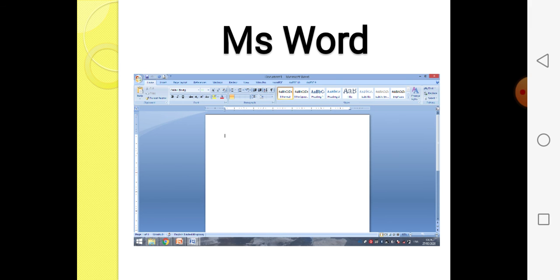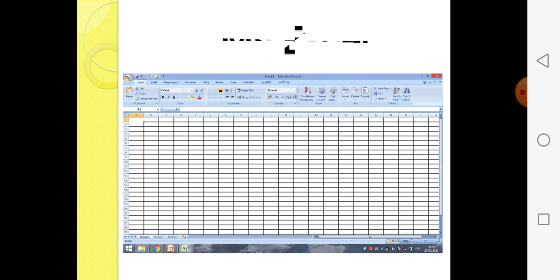Suppose Word is used for typing; mostly we format it, design it, and use it for documents. And here is MS Excel. Mostly we use this spreadsheet program for calculation. So there is a specific task for the design. So the two types of software are system software and application software.